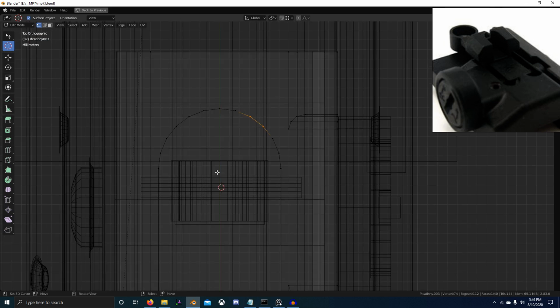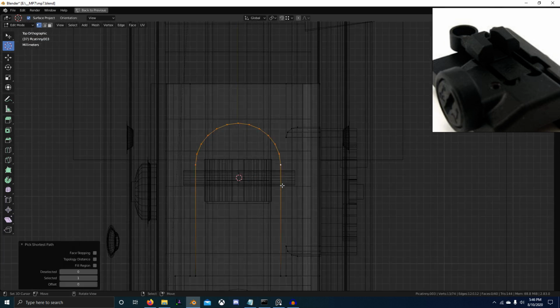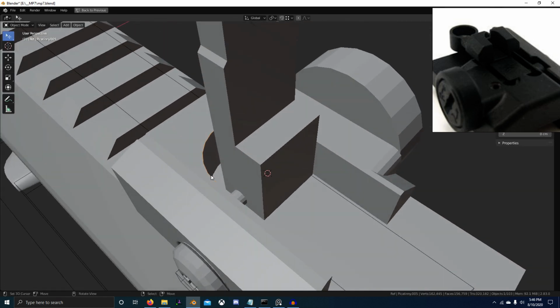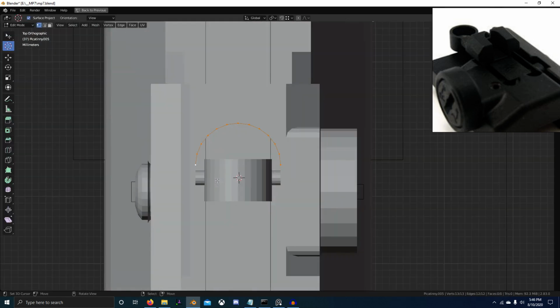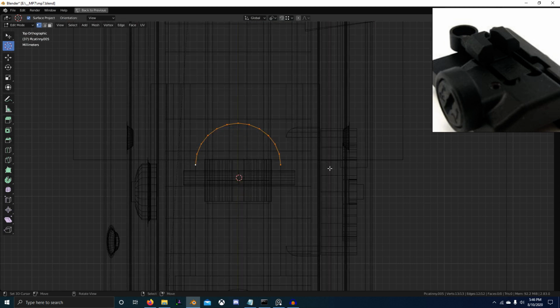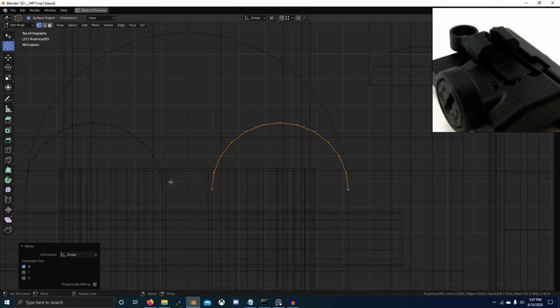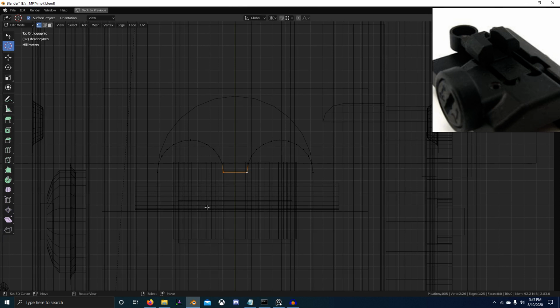So, let's duplicate that. Separate it. Set scale to active element. Scale it like that much. Duplicate it. And mirror it over it. Create a face and